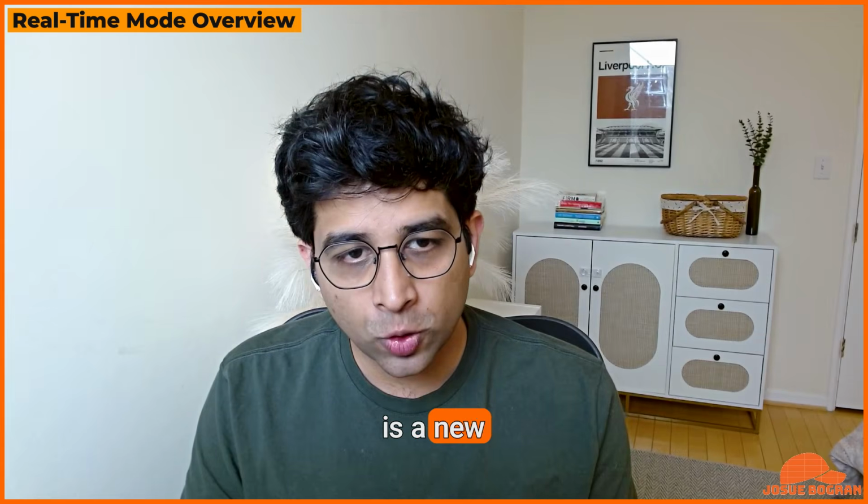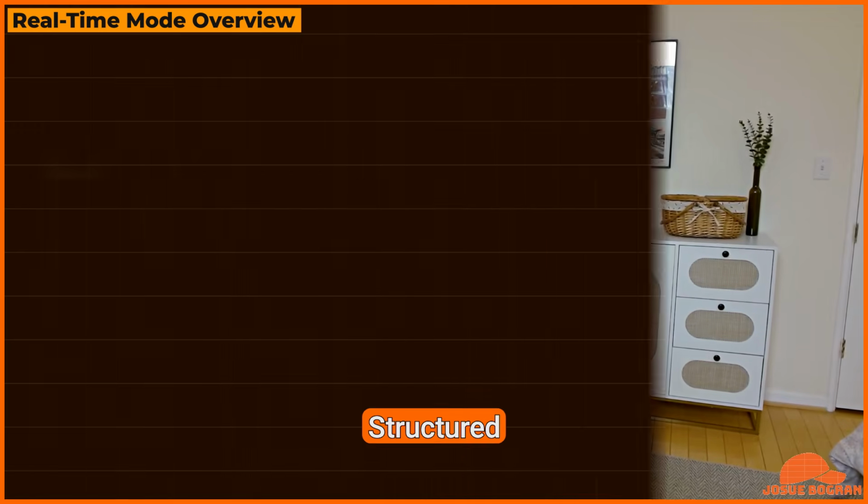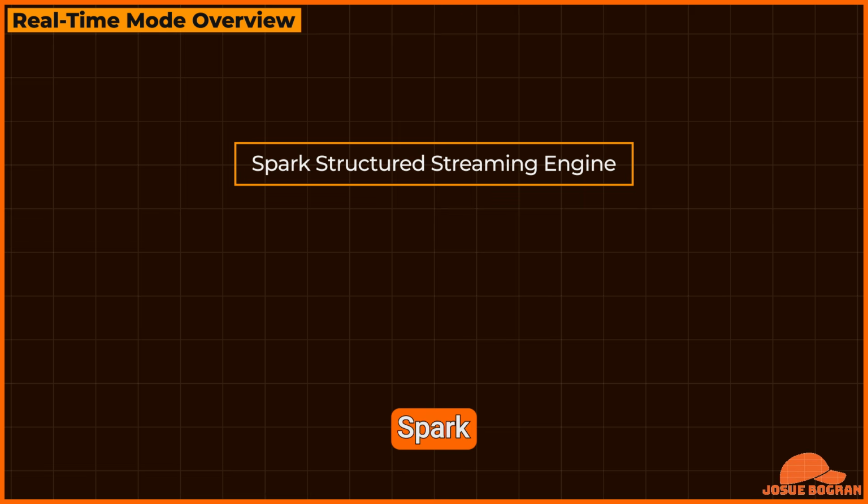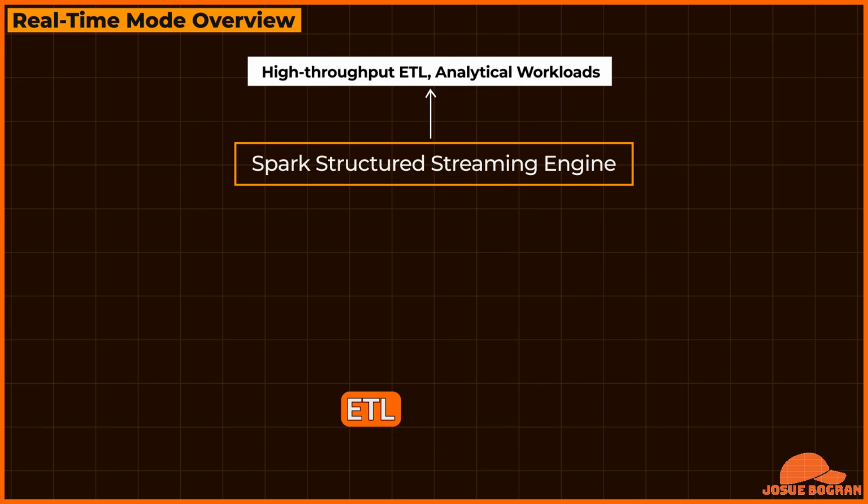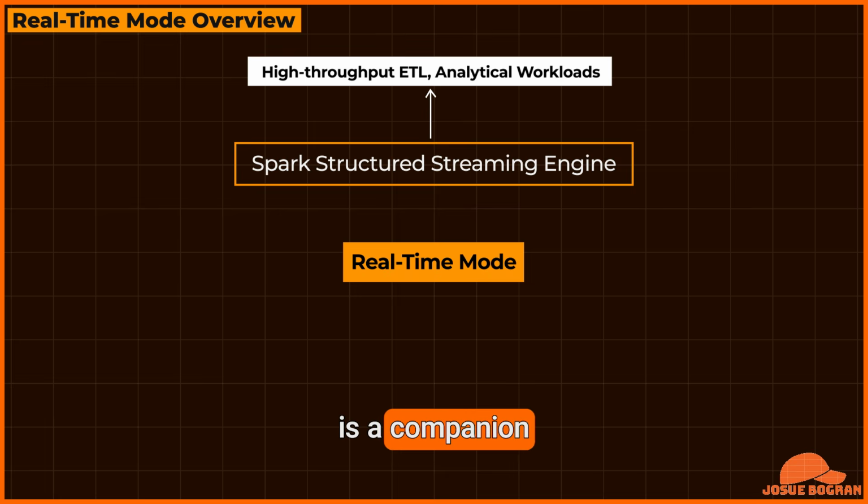Real-time mode is a new execution mode within the Spark structured streaming engine. Spark structured streaming has always been used for high throughput ETL analytical workloads. Real-time mode is a companion to what already exists. You can think of it as a new mode within the same engine that now lets you achieve ultra-low latency